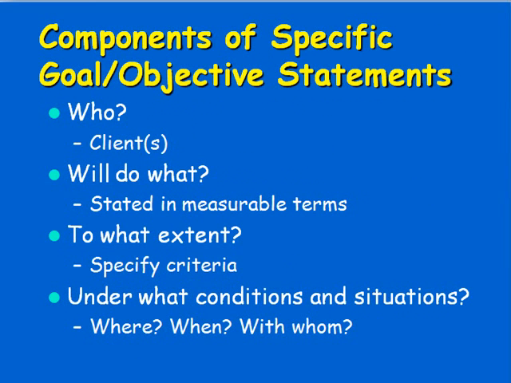In your treatment plans, you might be asked to put together some goal or objective statements, and I just want to go over what those would include. It would certainly include who, which is the source of the data, which is often the client. Will do what, stated in measurable terms. Maybe fill out a GCS,